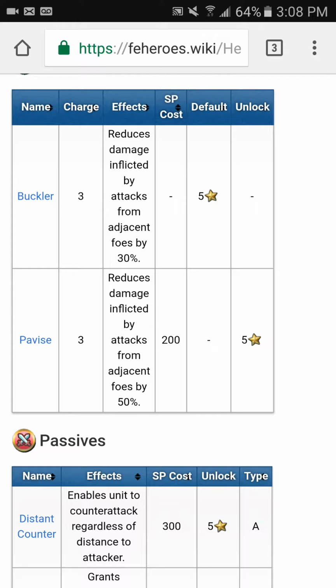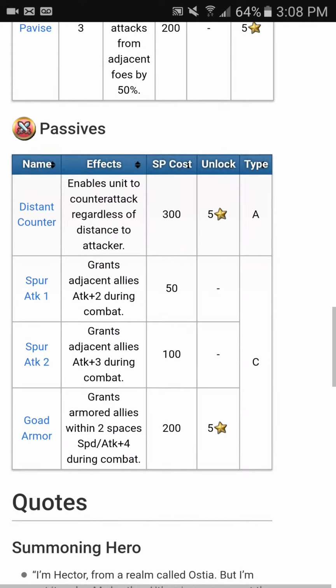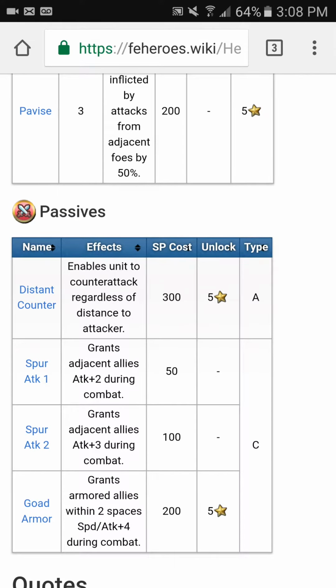So if you're trying to team up on them, maybe take a shot with a ranged hero, sack that, send another hero in, he blocks half their damage. He's just a really tanky hero. Because he's only got 1 movement as an armored character, he probably gets a little bit more use out of his spur attack than most other units that have the